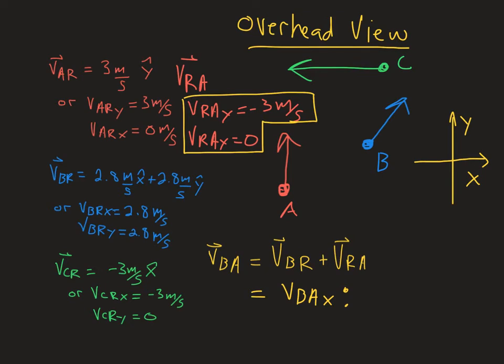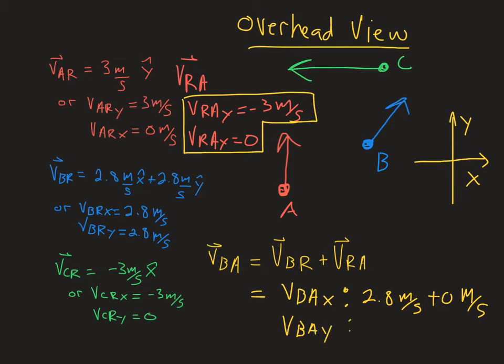so the x component of BR is 2.8, okay? And the x component of RA is 0. So that one's going to be 2.8 plus 0. We can write that whole thing down. So it's going to be 2.8 meters per second plus 0 meters per second. Okay? And the VBAY